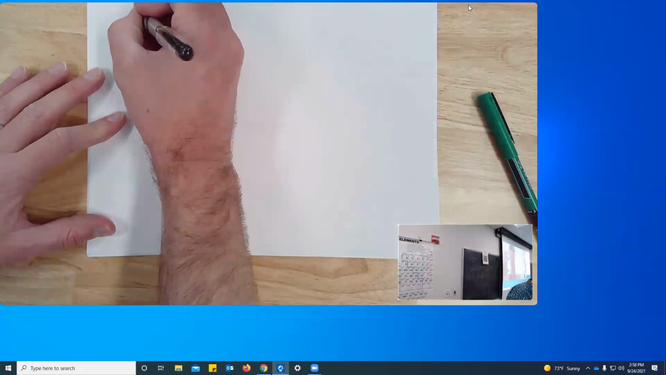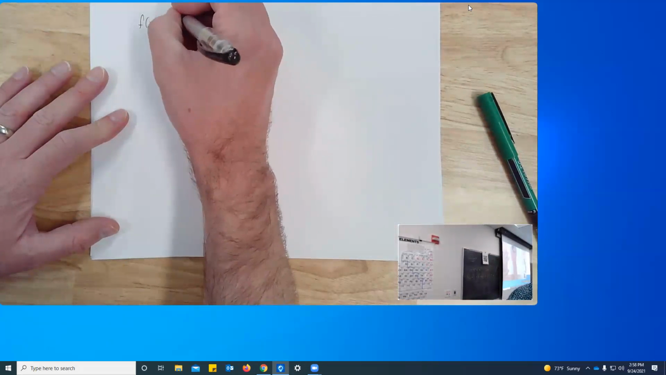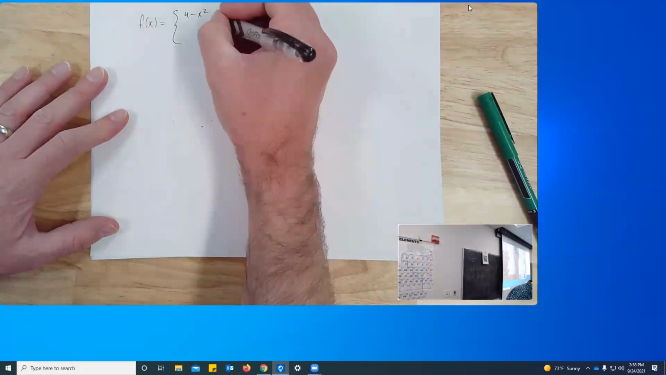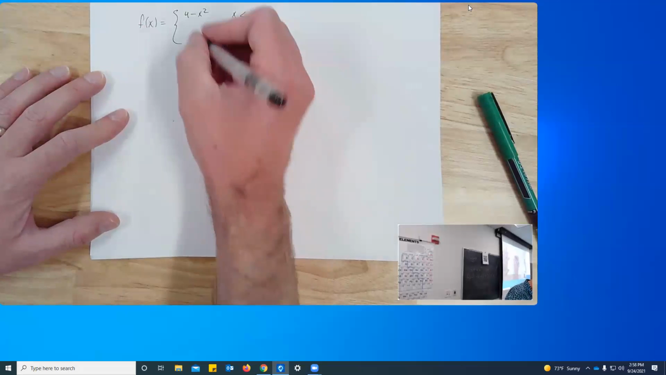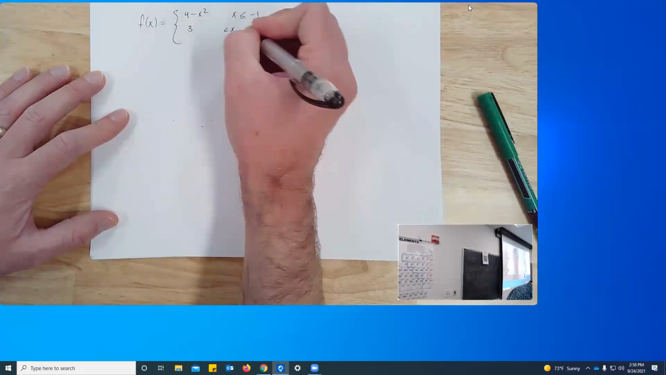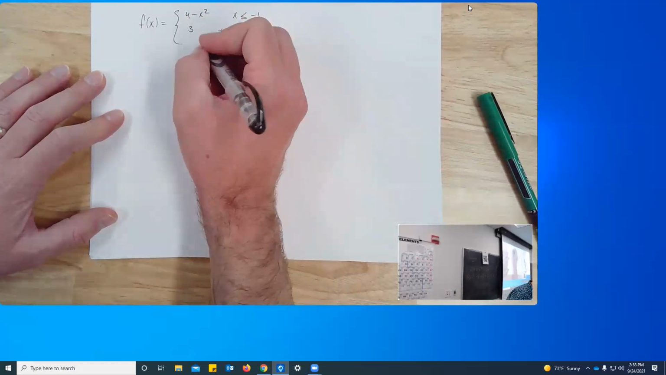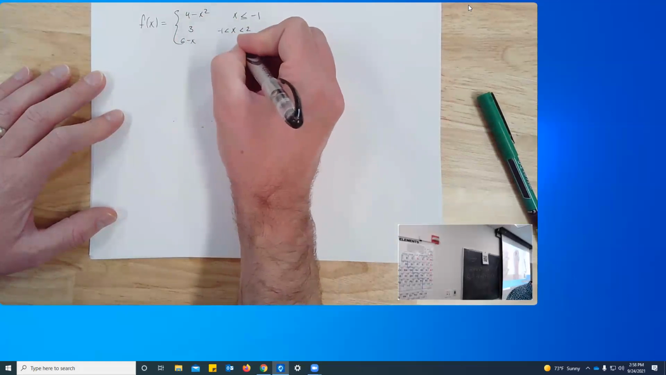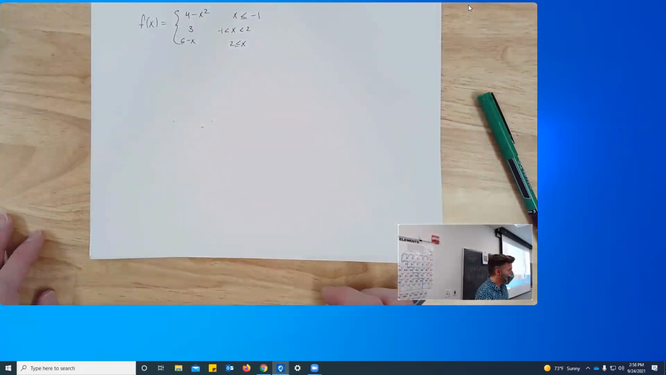Let's say we want to graph f of x equal to 4 minus x squared when x is less than or equal to -1, 3 when x is between -1 and 2, and 6 minus x when x is bigger than or equal to 2. Here is a piecewise function. And